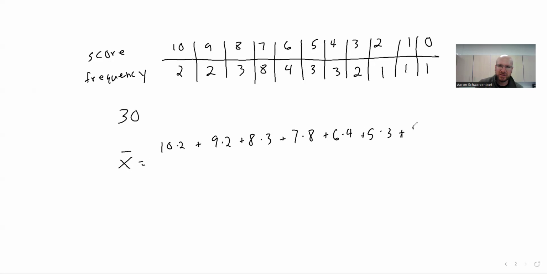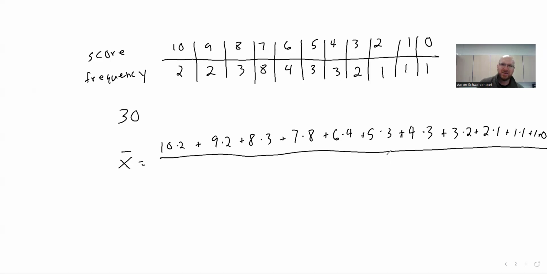I guess I'm most of the way. Hopefully you get the point by now. I'm multiplying the score by the frequency. And I'm dividing not by the 11 different scores, but by the 30 total